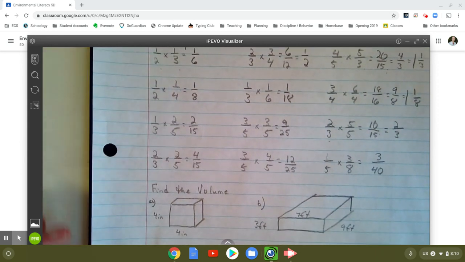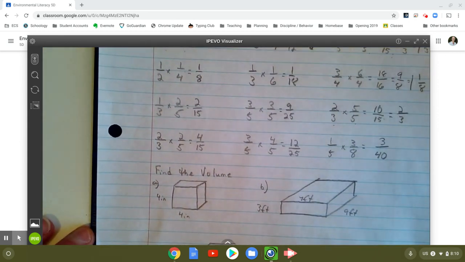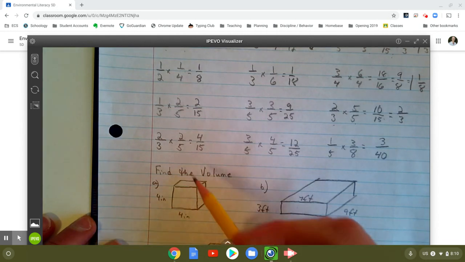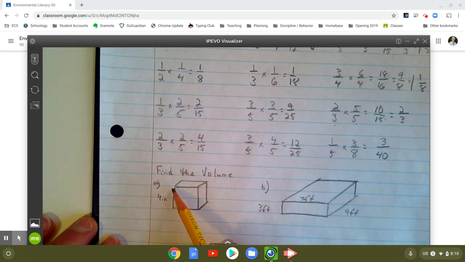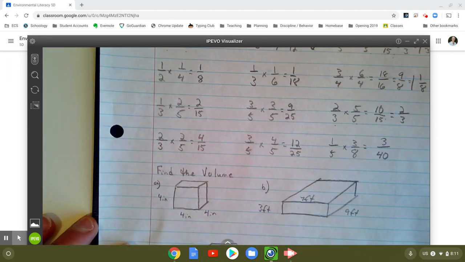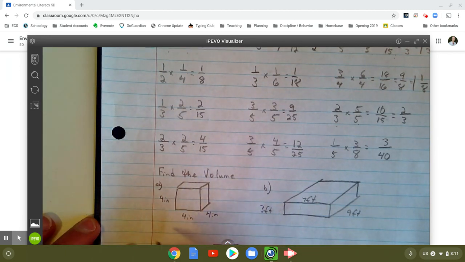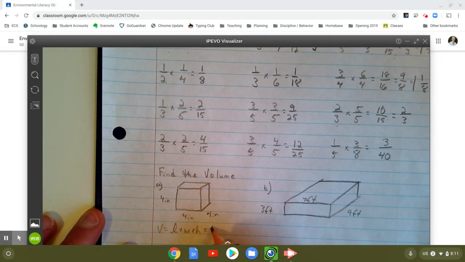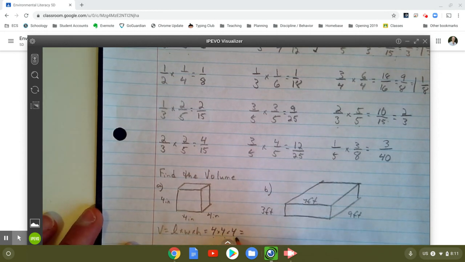Next step is finding the volume on a couple rectangular prisms. So on each of these rectangular prisms, we have some labeled edges. This is a cube. So if it's a cube, then this is 4 inches along this edge, 4 inches along this edge, and 4 inches along that edge. So a 4-inch by 4-inch by 4-inch cube. So I would do volume equals length times width times height equals 4 times 4 times 4. So that's 4 times 4 is 16. 16 times 4 is,